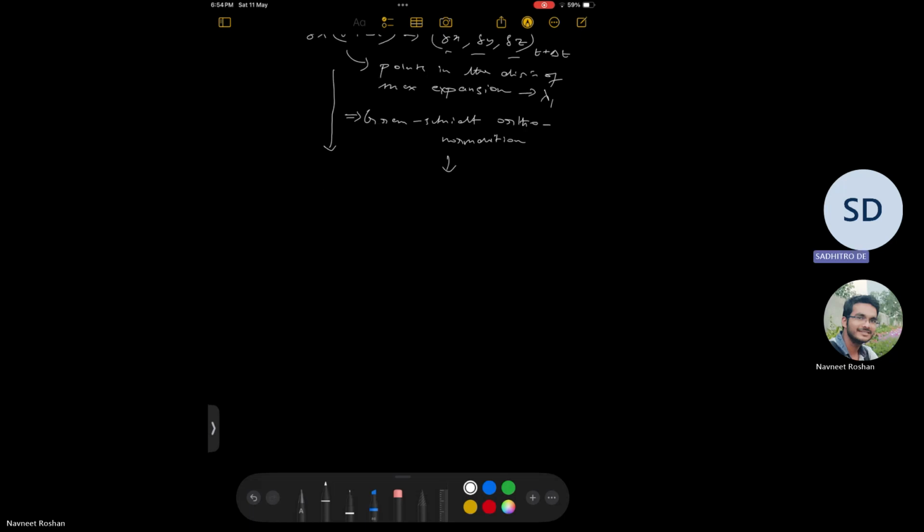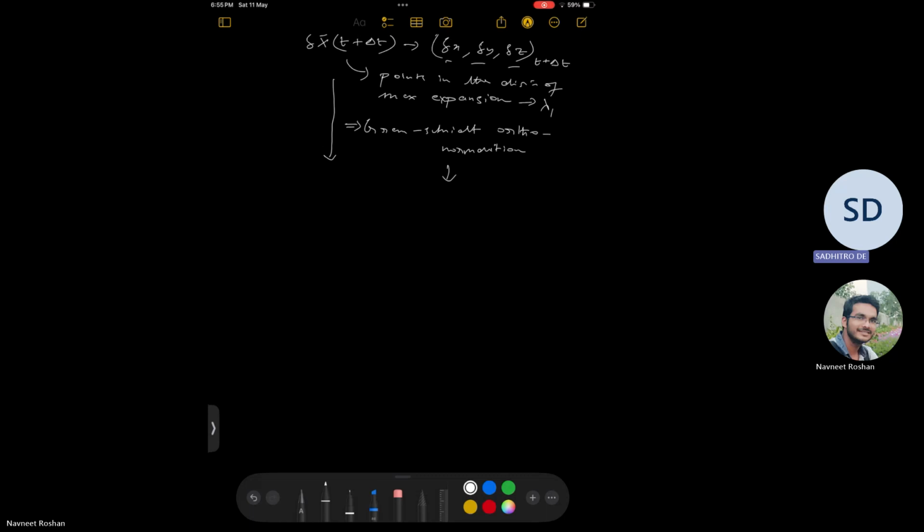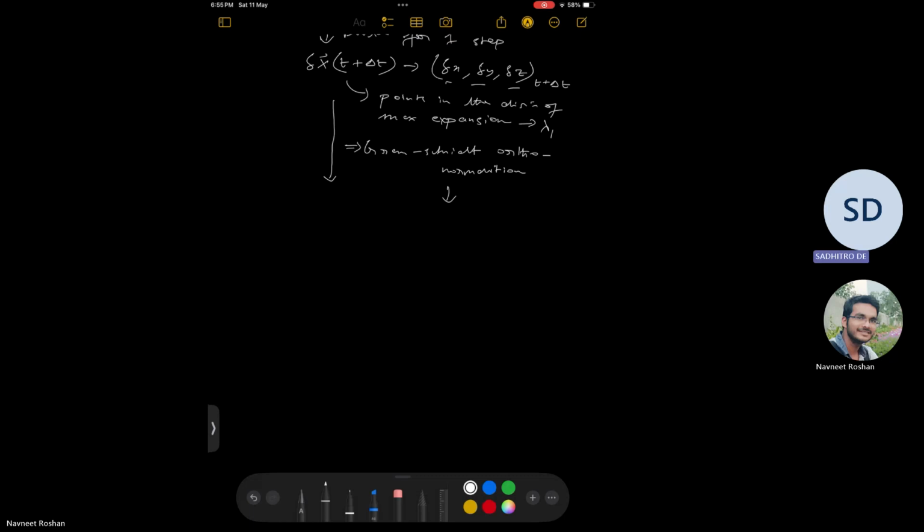Basically, if you have a ball of initial conditions, so if you have these components delta x, delta y, and delta z, and the vectors pointing in each of the three directions are not orthonormal to each other,